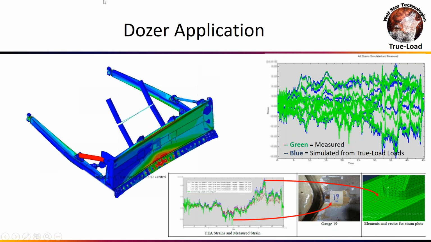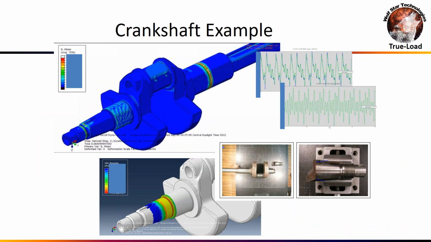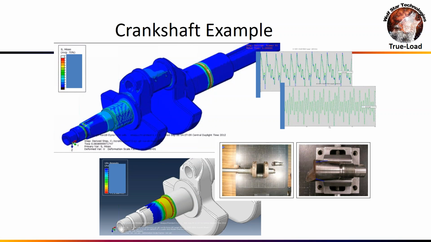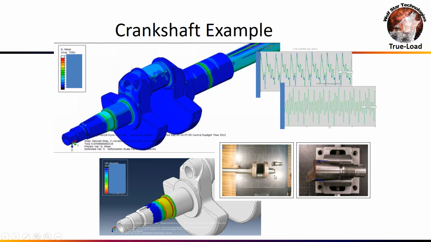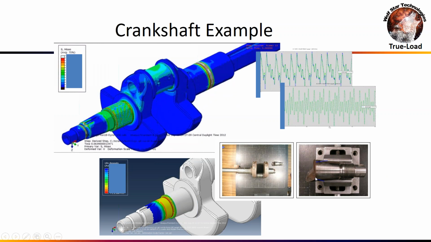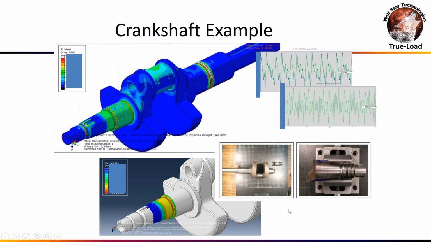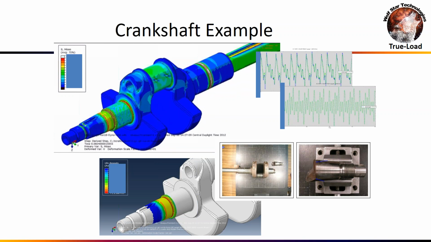So, all right, here's another example. This is the crankshaft on a small engine, and this customer, after we talked to them, said they had problems with their crankshafts in their dynamometers. Their crankshafts were breaking on the flywheel end, and this is a problem they'd been working at for probably 2 years when we talked to them about it. They asked if we could help, and I said, well, I don't know much about crankshafts, but let's give it a try.